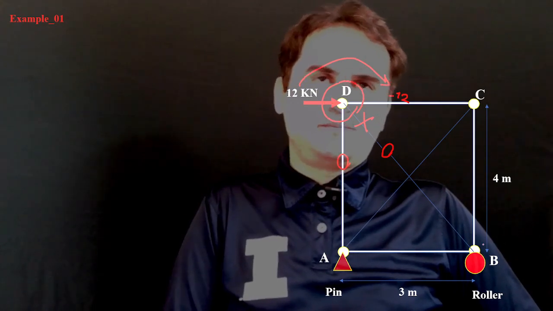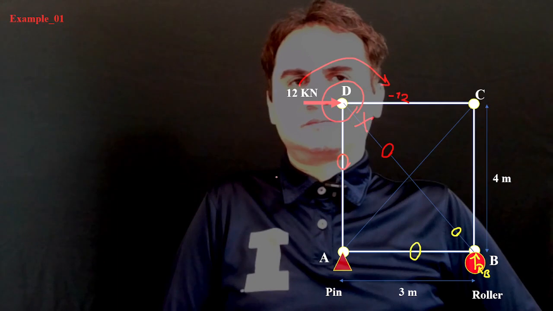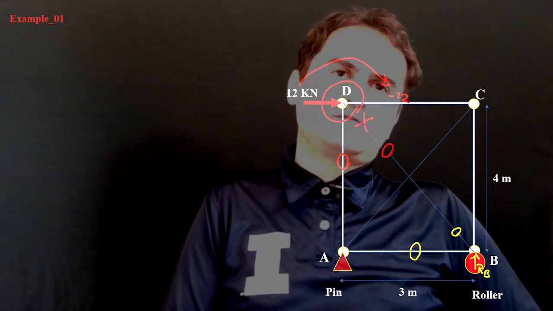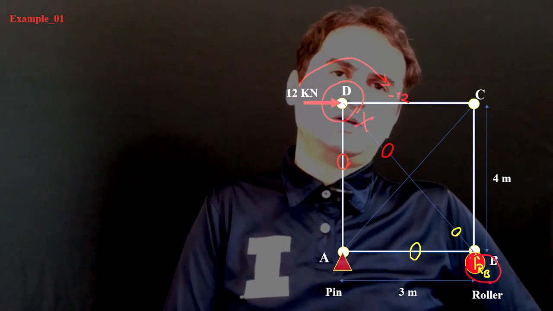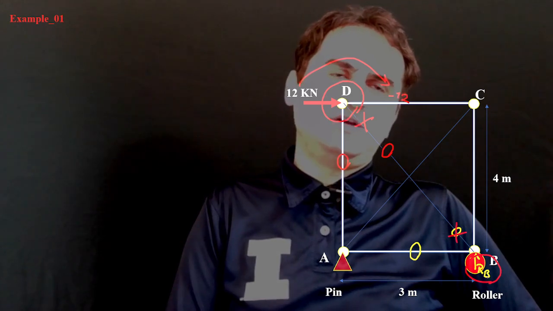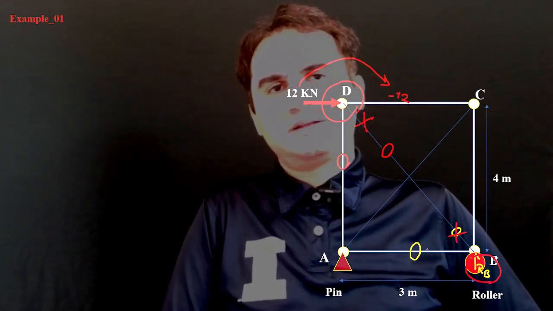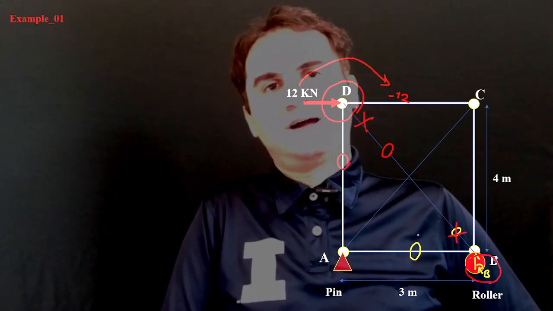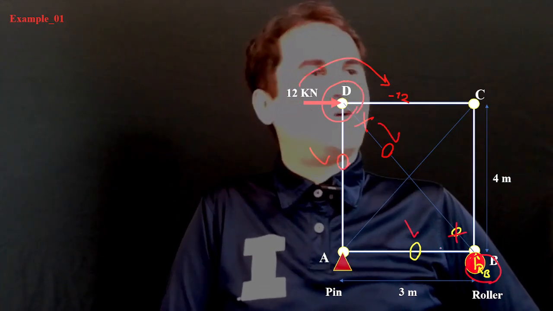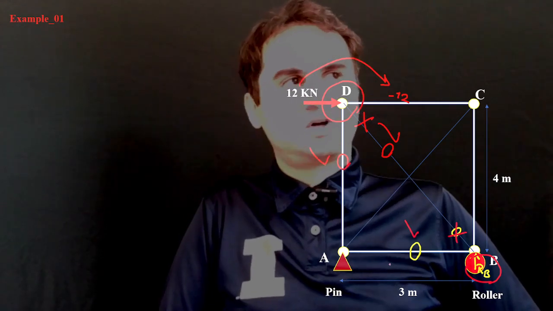Like the other one, if this one is 0, the reaction at B also has no horizontal component. If this is 0, it's all RB. Whatever RB is just goes to this member and makes this one the horizontal likewise 0. So three of our members are 0 force members and we need to solve the internal